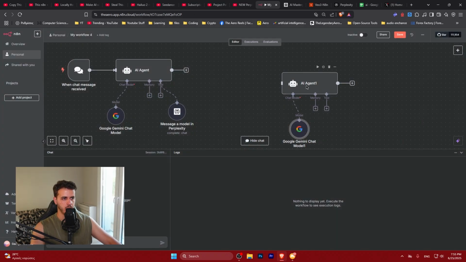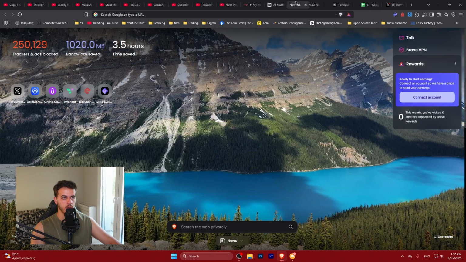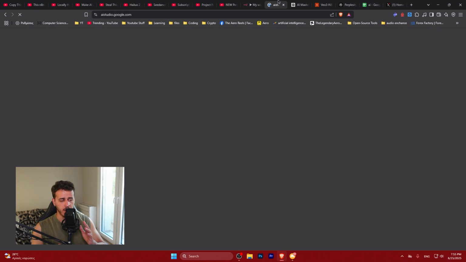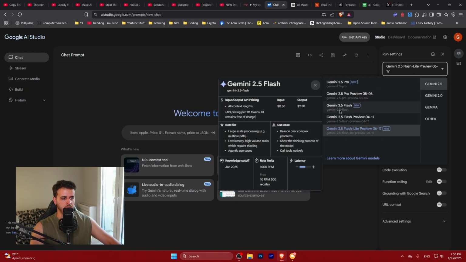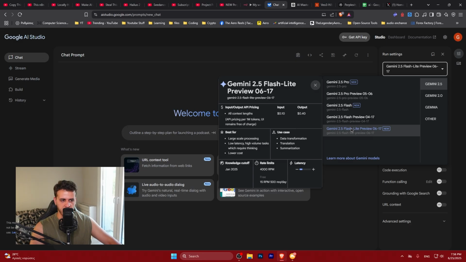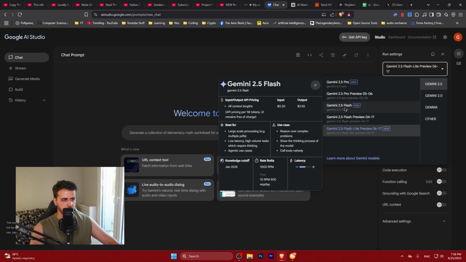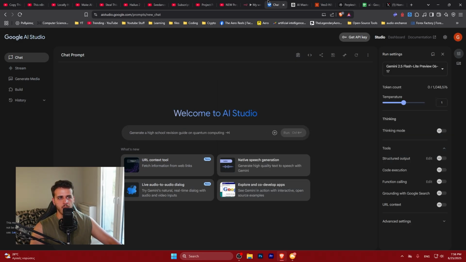and you connect your Google account with this using the API key from AI Studio. You can also add ChatGPT or whatever you want. It doesn't have to be Google AI Studio, but Google AI Studio gives you free requests for its Flash model and Flash Live preview. You get so many requests per day completely for free, so make sure to take advantage